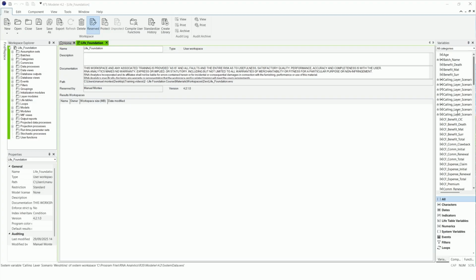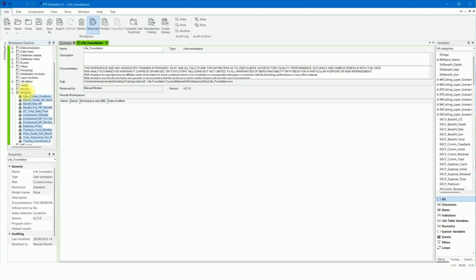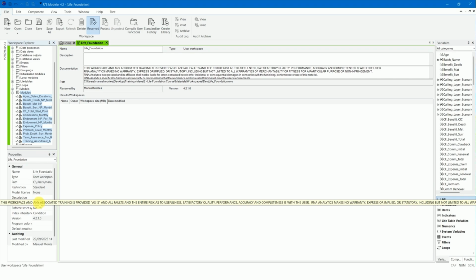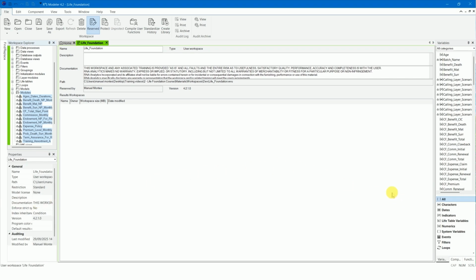First, protect the existing modules so as not to overwrite the existing monthly modules. Then, copy in the module Training Assortment B from the Overview workspace.